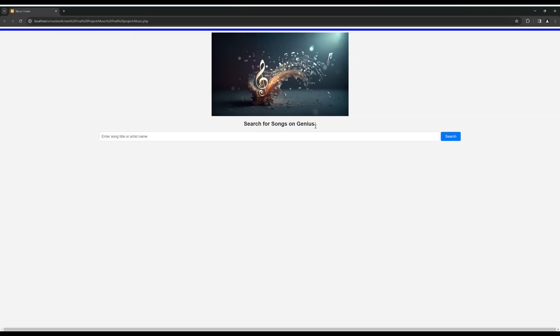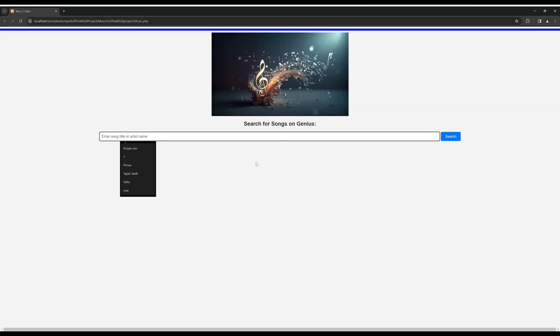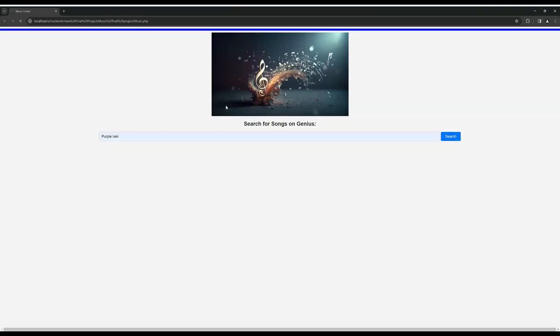That's a simple little title above our little search bar here. We're going to search for Purple Rain. It takes a little while to actually get the search, so I'll go ahead and start that. And you can see that there's this little title, search for songs on Genesis. Basically, that's the API we're using. I just kept it simple. I like that idea. Put a little picture up in the middle,